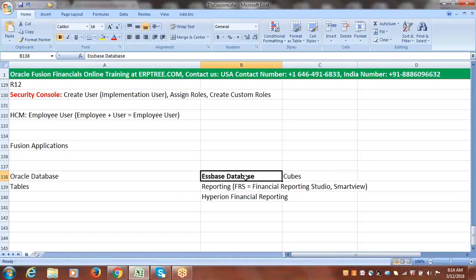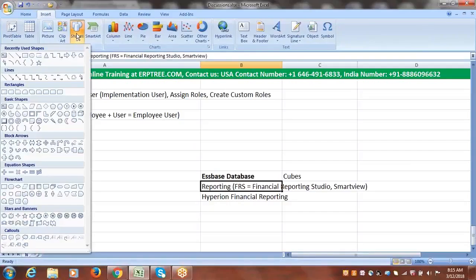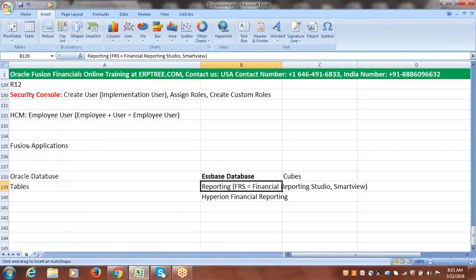Now what did Oracle do? The Hyperion Financial Reporting solution they took as part of the Fusion GL application, with these features FRS, Financial Reporting Studio, and Smart View. Because of that, in Fusion also we have an Essbase database. So how will this get connected and how will it work? Say for example, you have some transactions. Whenever you have a transaction or any setup data, that will get stored in the